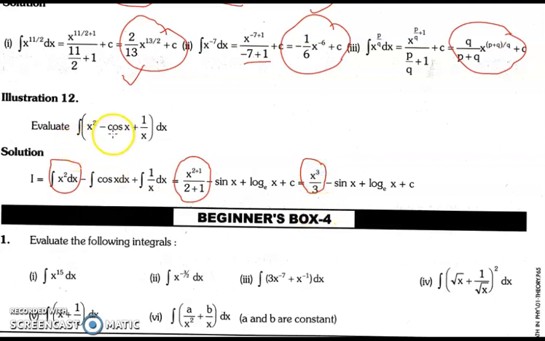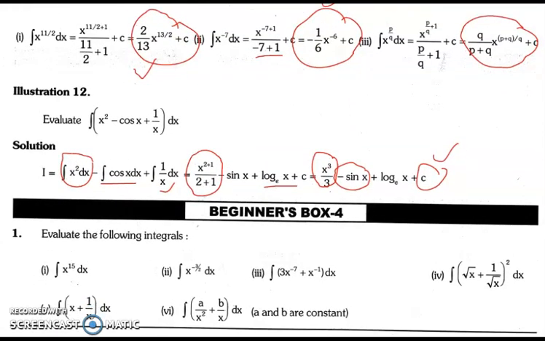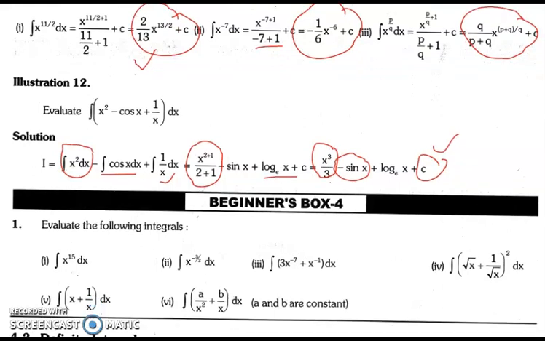In the same way, cos x is to be integrated, cos x dx. The integral of cos x is sin x, so it will be minus sin x. In the same way, 1 upon x dx is to be integrated, it will be log x, and we'll simply add a constant of integration at the end, so that the question is complete. Okay, so these are a few questions for your practice. In the same way we discussed for the derivative part, you can try these 5 questions on your own, and if you have any problem, you can ask me in the comment section.